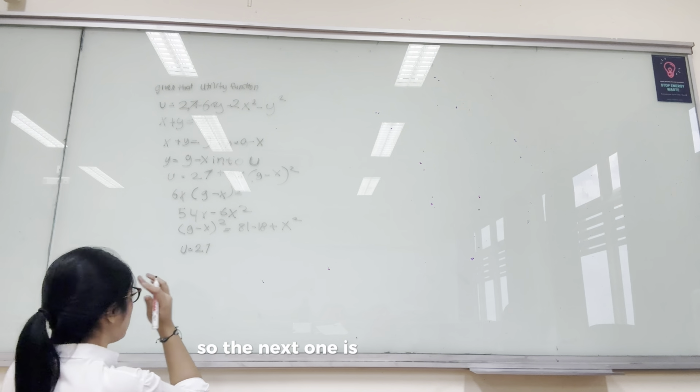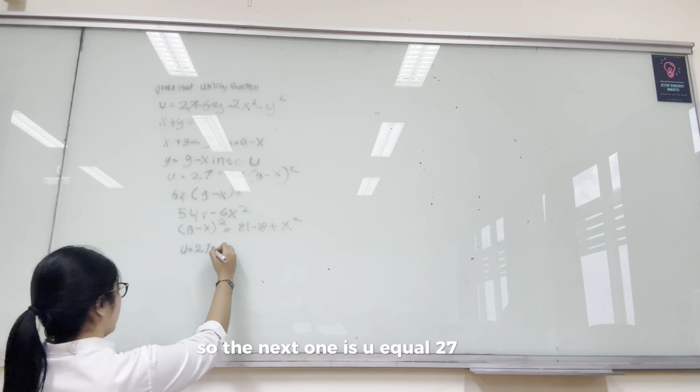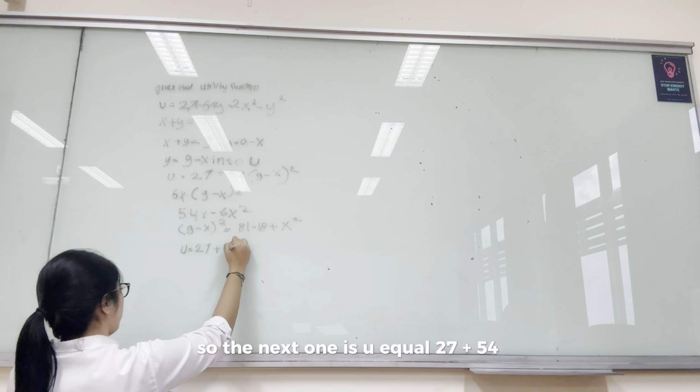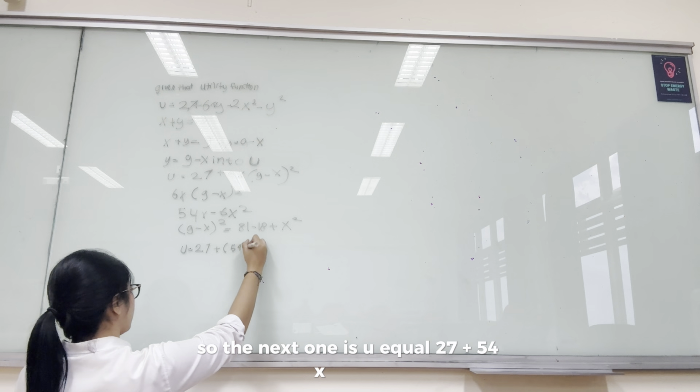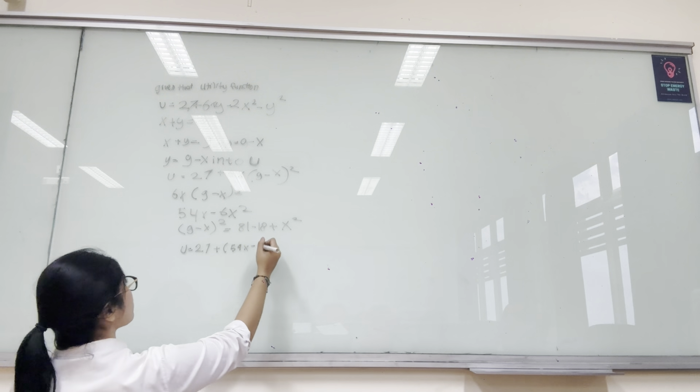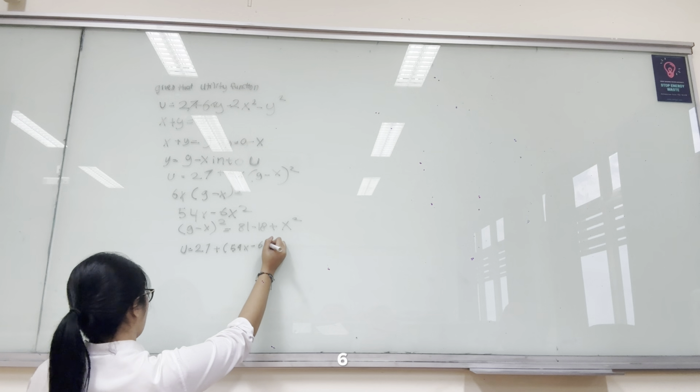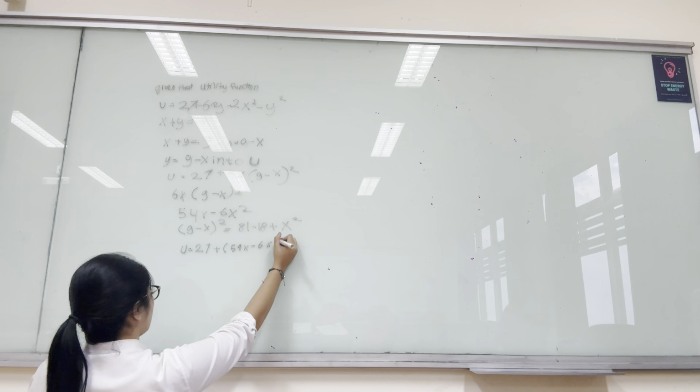So the next one is U equal 27 plus 54x minus 6x squared,